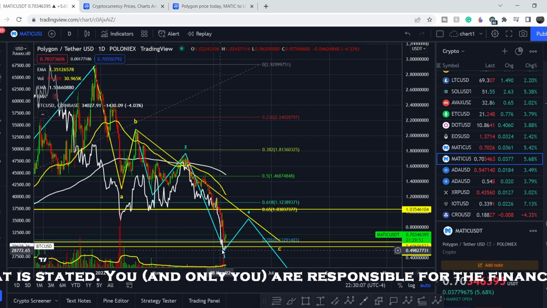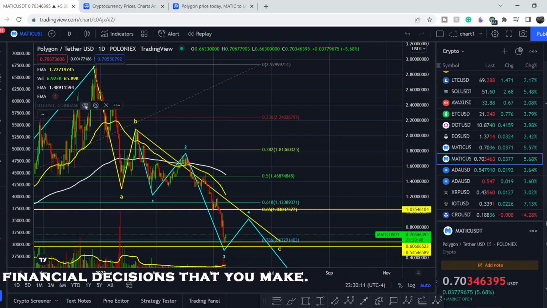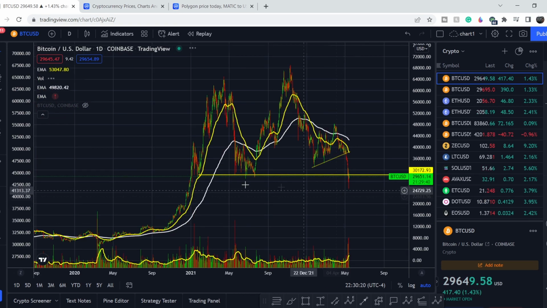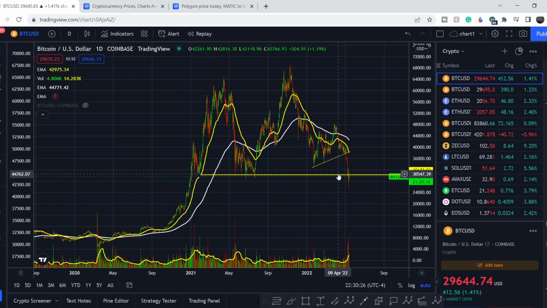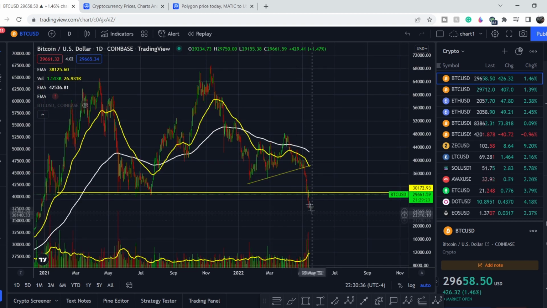That's why we have to keep a close eye on the Bitcoin price chart, and let me switch to Bitcoin price action. Right here, as you can see, let me zoom out a little bit. We had this range of support at roughly $30,000, and we broke it to the downside, and definitely this breakout is very bearish. We had a huge volume with this breakout, and for now we have an attempt to retest this range from the bottom,